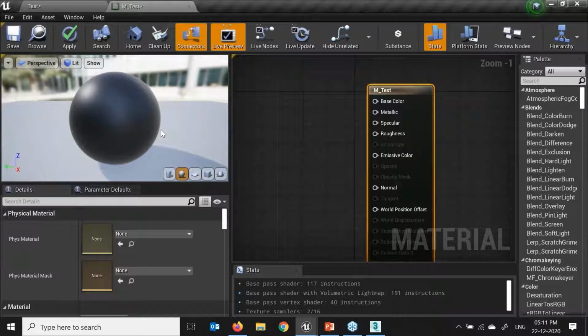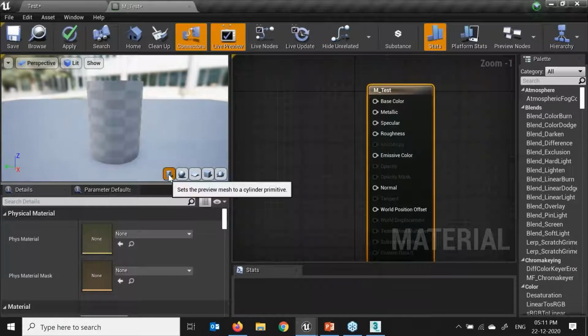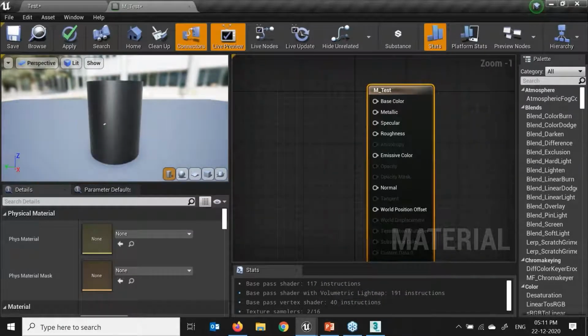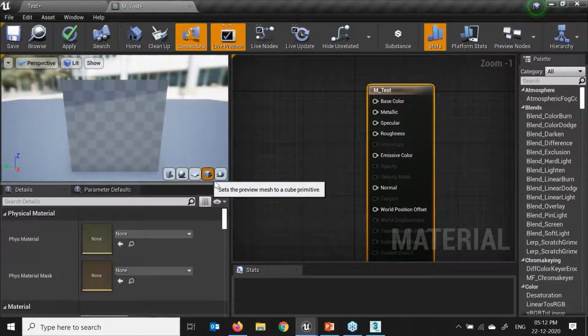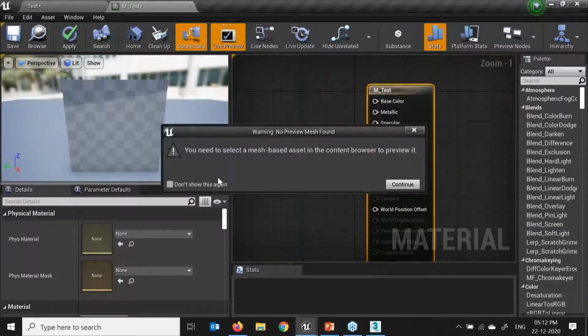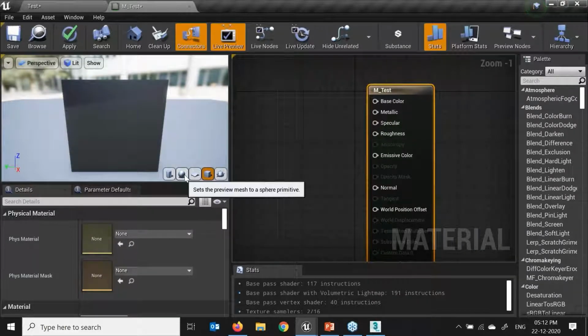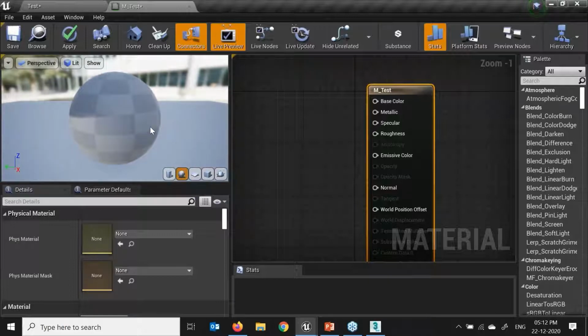In real time, if I press L and left click, that way I can change the direction of the light of the default material editor. Here you will see, press cylinder, my object will become the cylinder. So that way I can change my light direction. If you see this arrow over here, this becomes a plane, this will become a cube, and this will be, again, you need to select the mesh over here. We need to select mesh for that.